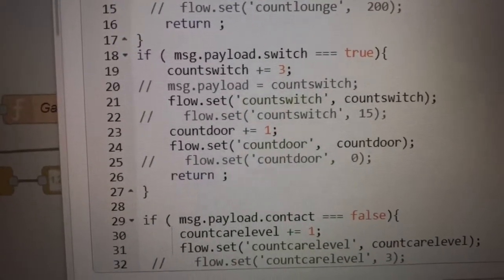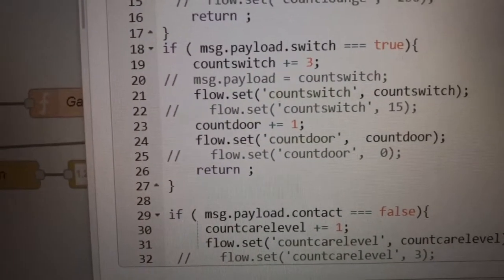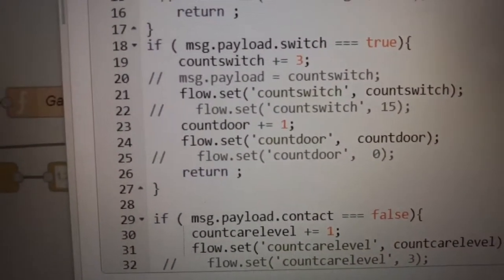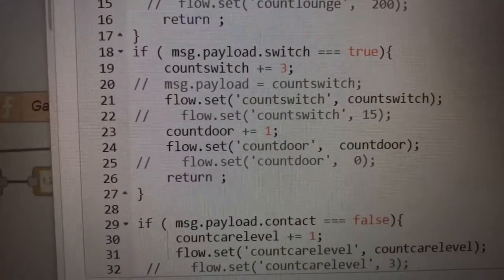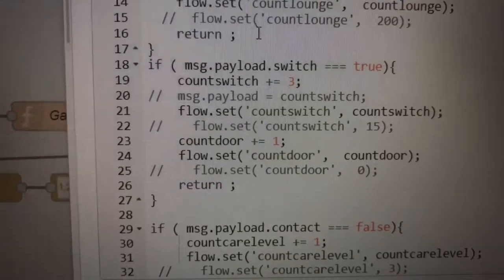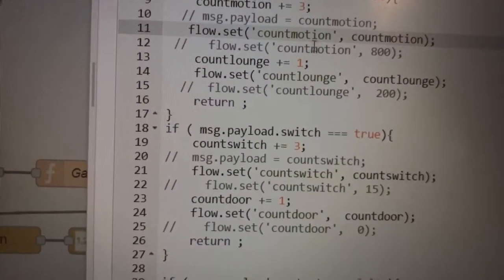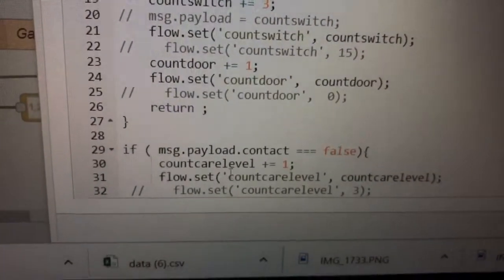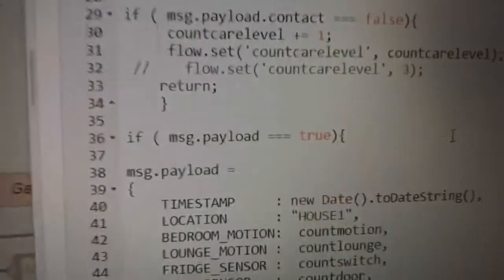But at the same time, I set the movement in the living room, we call it count lounge, to increase one time. Increase one time here. Increase one time. And then the window open and close. Each time they open and close, I set it